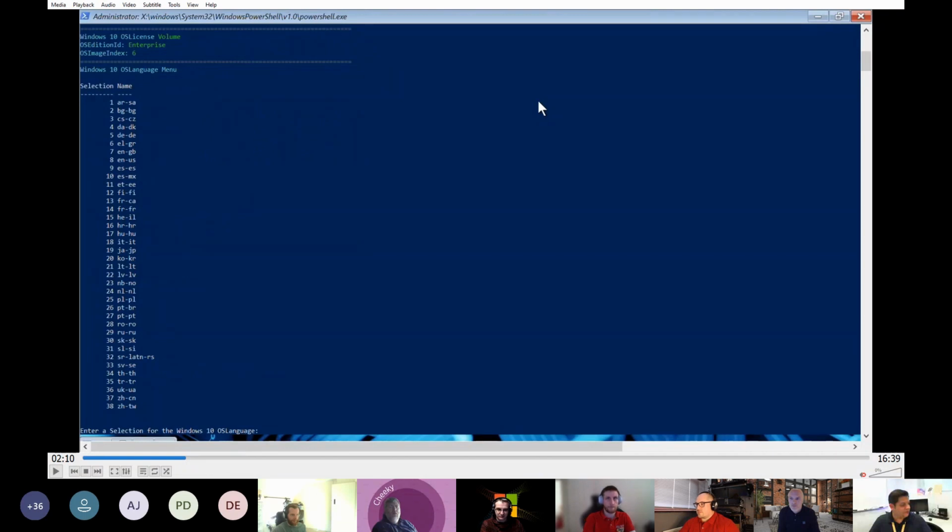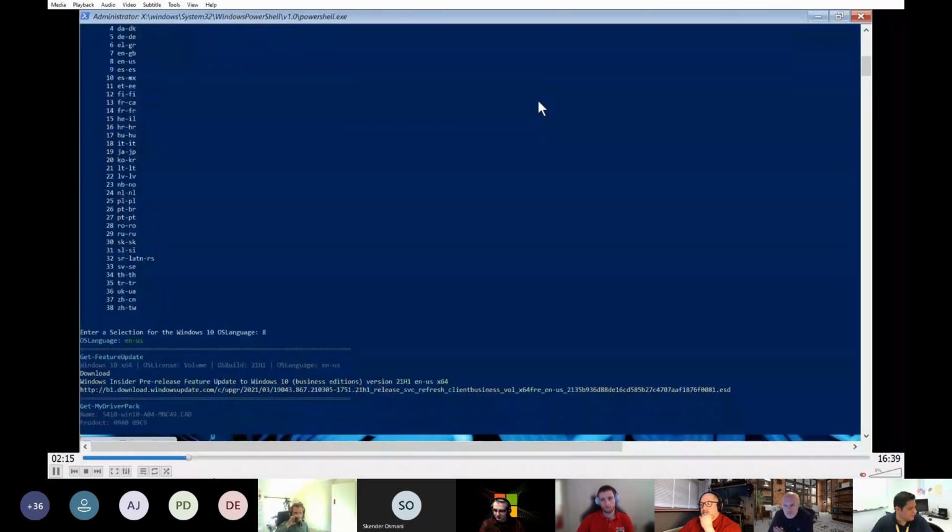When I first released OSDCloud, all of these were kind of defaulted, but that really wasn't fair for my friends across the pond. If they weren't aware, they were getting English US. And so I had modified Start OSDCloud to default to this menu, so you can kind of see all your options here if you don't plug it in automatically. So we'll continue playing, and once you select any one of these languages,